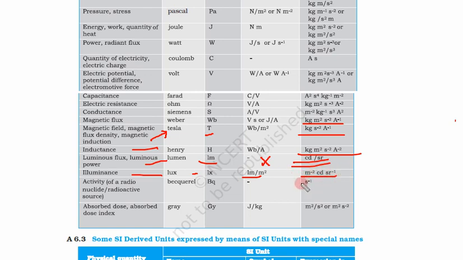So very difficult. Activity for radioactive material, common unit becquerel, and in SI unit second inverse. This is simple but still very similar to hertz. Absorbed dose, common unit is Gray, represented by Gy. What is this unit? Another kind of unit, joule per kilogram, and joule we get meter square per second square, or meter square second to power -2.